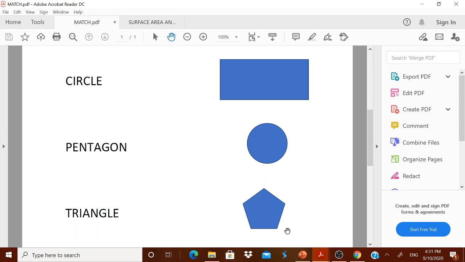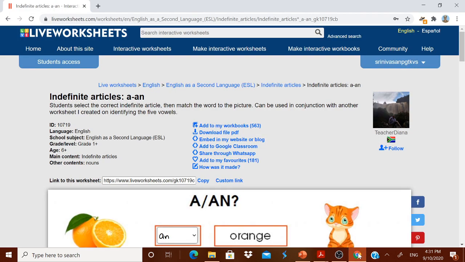Those who are doing it in Hindi can type it in Hindi and convert it into PDF. And there won't be any problem with the alignment either. Therefore, make the worksheets in MS Word, convert them into PDF, and keep them ready to make interactive using liveworksheets.com.